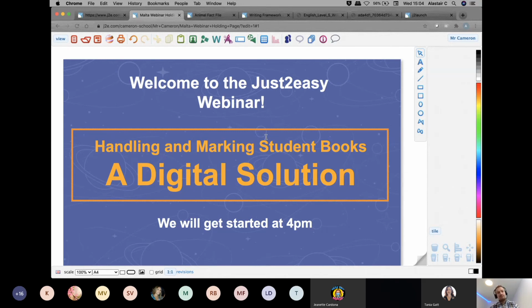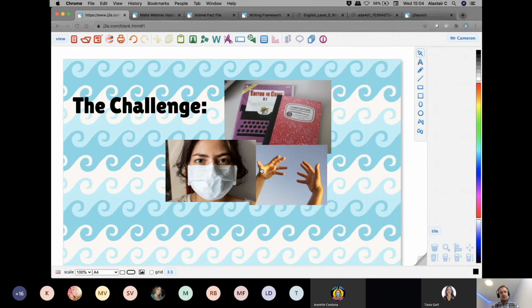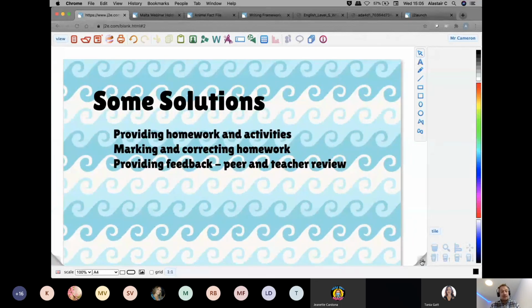The aim of this session is as follows. So, this is the challenge. Physical books, physical contact is a bit of a no-no at the moment. So the aim of this session is simply to give you some ideas and some solutions that may show you easy ways that you can continue to do what you do best in the classroom, for setting homework, setting activities, being able to mark and correct those pieces of work that students submit to you, and to be able to provide feedback to your students in a timely way,